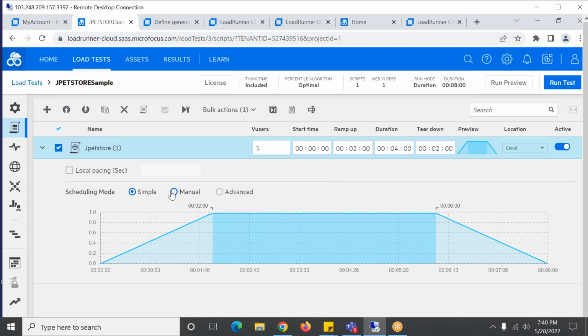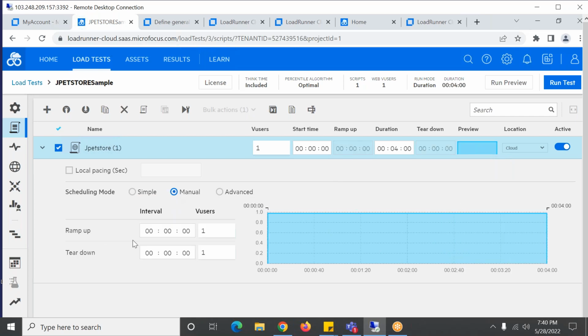This is simple. Then there's an option called manual. In manual, you give the ramp up and ramp down for the user load. If you give 10 here, I want 5 to have a different ramp up and 5 another.